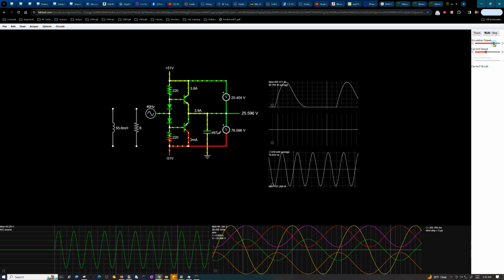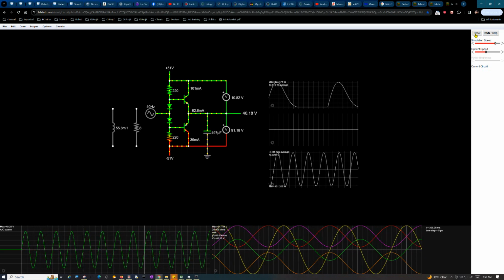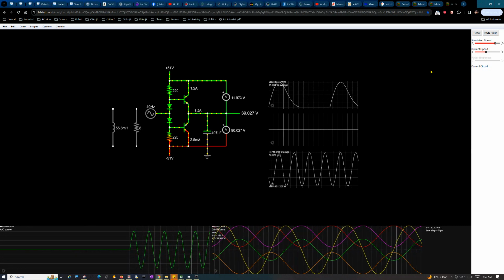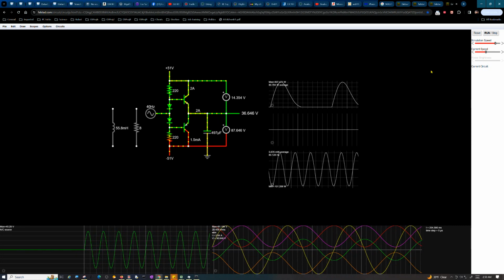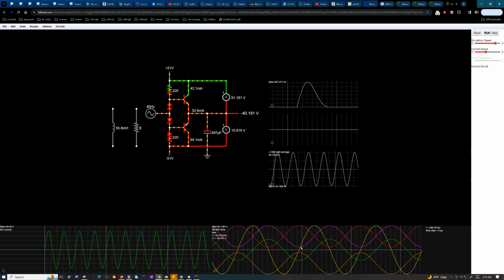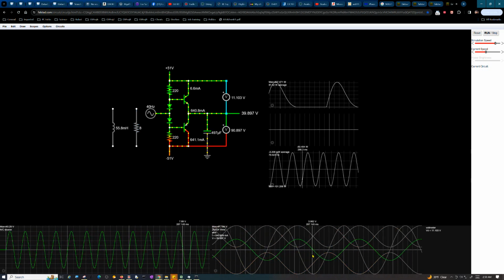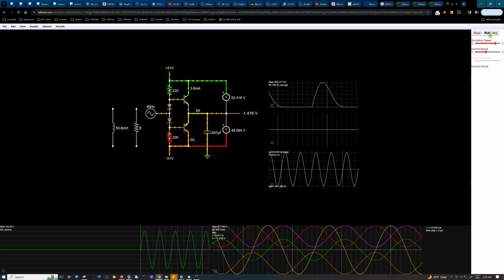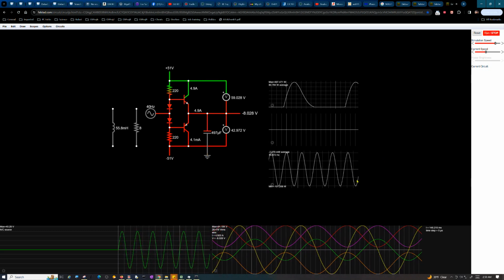Let me speed this thing up and hit reset on it. No, it's not doing it. Huh, that's weird. Anyway, in my other video I actually show you if you have a brand new simulation. I don't know why it's not resetting. It's not doing it anymore. That's weird. But at any rate, maybe it's because in the other simulation I was using the